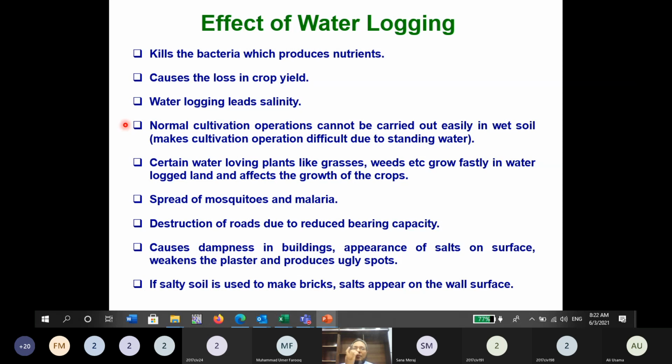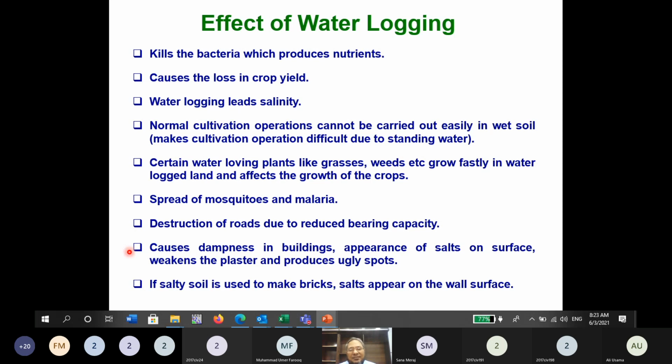The next is normal cultivation operations cannot be carried out easily in the wet soil. The plowing and other things are difficult. And the next is certain water loving plants, like the grasses and weeds, grow and they affect the growth of the crop. And the next is spread of mosquitoes in the moist environment. And the next is destruction of the roads due to reduced bearing capacity of the subgrade material,